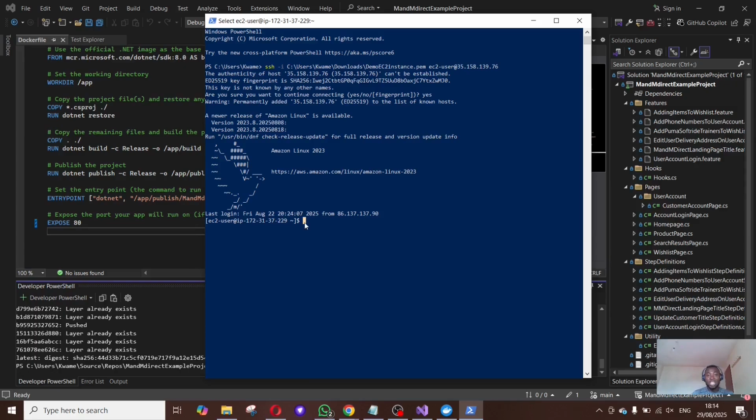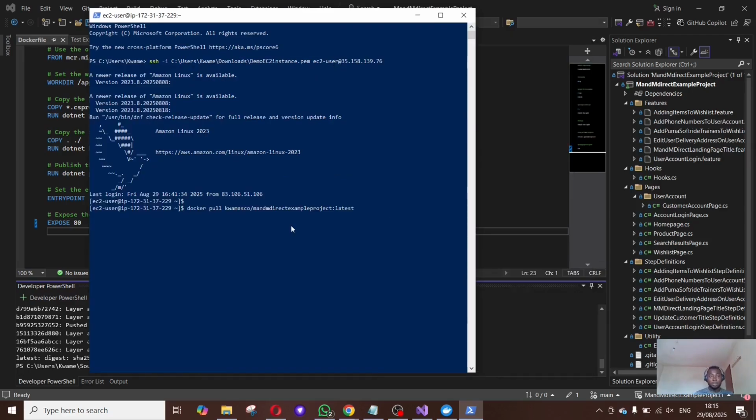the image which has been created and pushed to our Docker Hub from our local Docker application, and we can pull it into this new server environment, really. So if I put this command here, as you can see on here, docker pull from Comasco, which is the Docker Hub username, and then this is the image, the container that will be pulled, basically. So if I hit enter at this point,